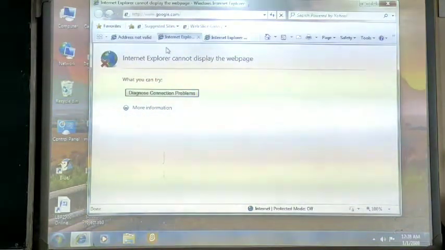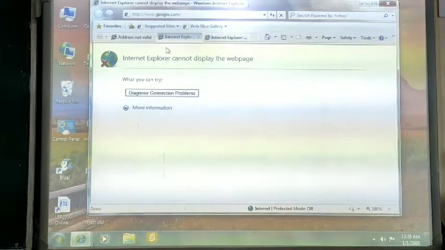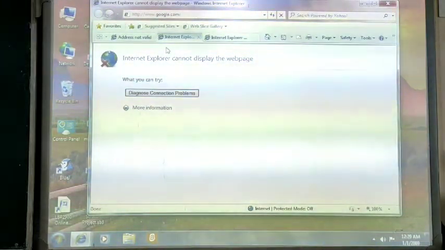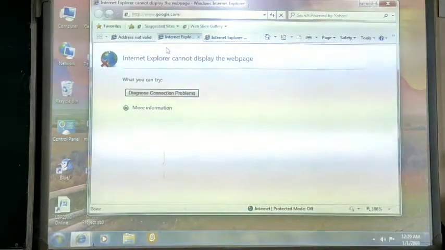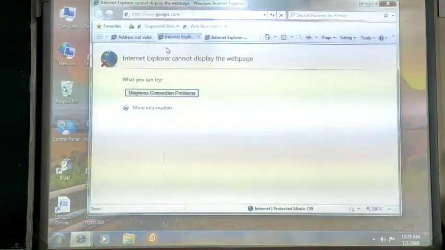The Google search engine is the most popular and widely used search engine on the World Wide Web, and it also provides many options to the user, such as advanced search. It will provide you the search result in the form of text or images. Here is the web page of the Google search engine.